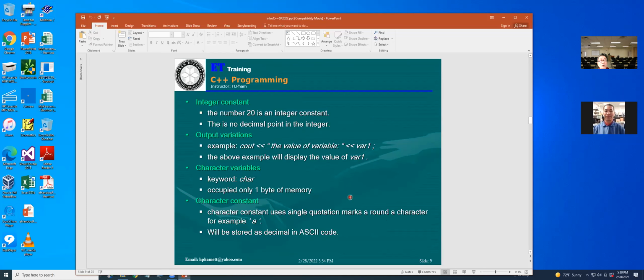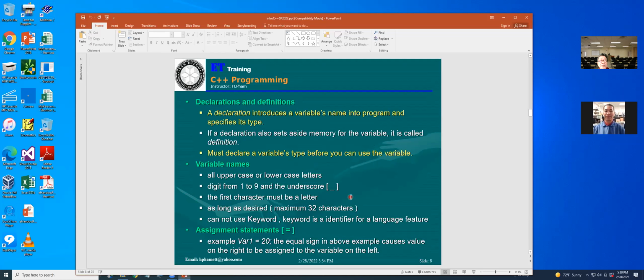Comments we already know. Declaration. A declaration introduces variable names in the program and specifies their type. Like last time I already told you, you say A equal 20.